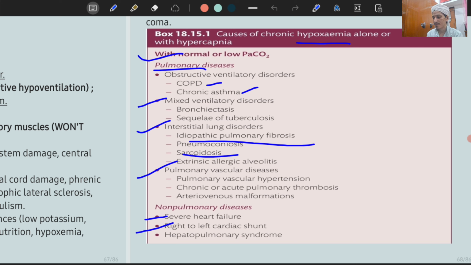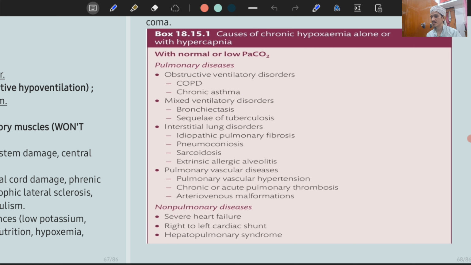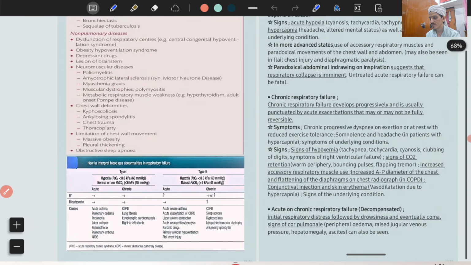Right to left shunt, hepatopulmonary syndrome. What happens in hepatopulmonary syndrome? Because of liver cirrhosis, there will be pulmonary effusion. So pulmonary effusion will cause decreased oxygenation, and in some cases pulmonary edema also. So these are the causes of chronic hypoxemia with normal or low CO2. Moving forwards,